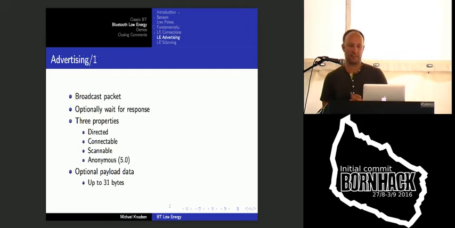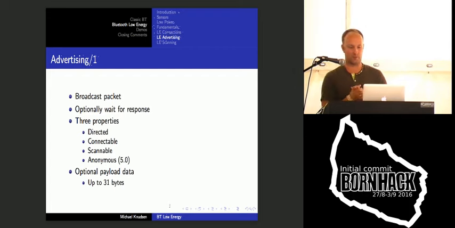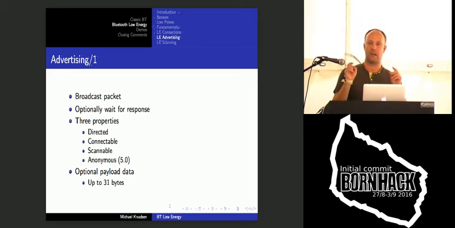Okay, so advertising. Basically, advertising is where you configure your device to broadcast a packet and then optionally wait for a response. So these advertisement packets have 3 properties, and I know there's 4 items on the list. But today they can be directed, which means that they can have the address of the recipient on it. So for instance, I'm transmitting this packet and it's supposed to be my sports watch that's picking this up. It can also be connectable, which means that someone can respond to this and say, I would like to connect to you. And then finally it can be scannable,